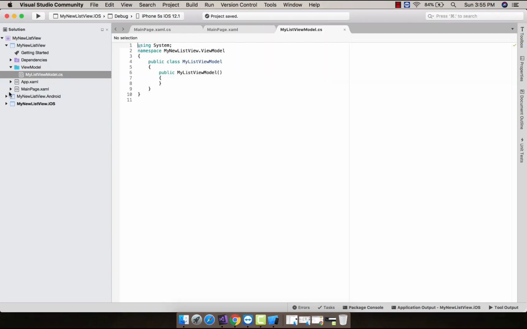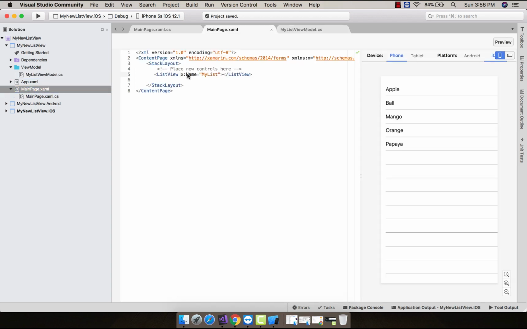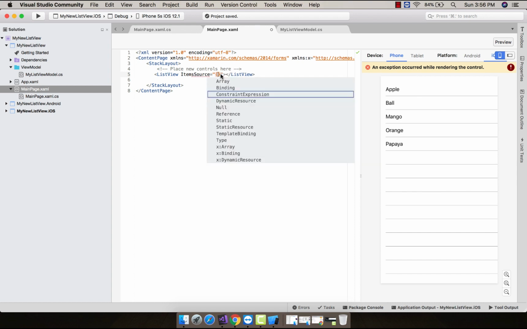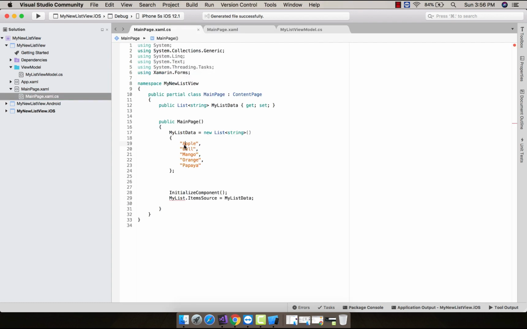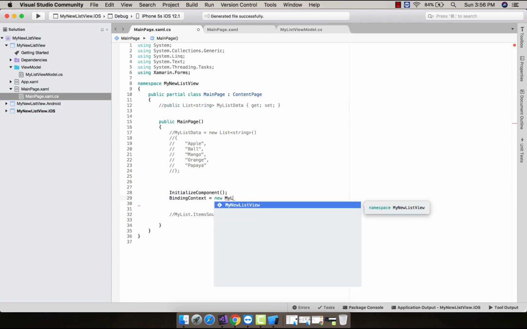As we have already discussed in our previous tutorial, my list view model is our source. So this main page is our destination. So it will get its source from our view model by binding it. So in order to interact our views with the view model, we are going to bind it. So let us comment this list view source. This is also not required, and this is also not required. Now let us bind our views with the view model,